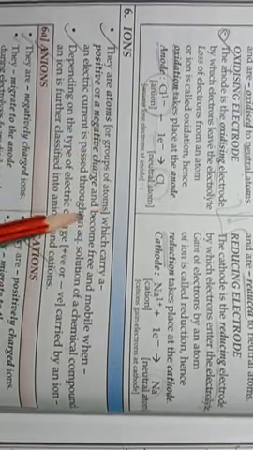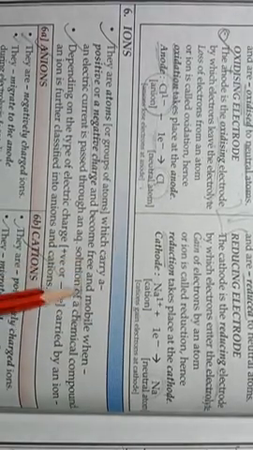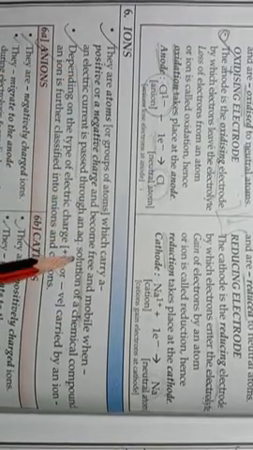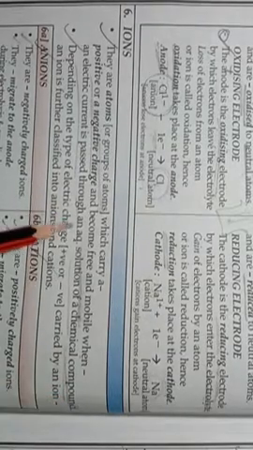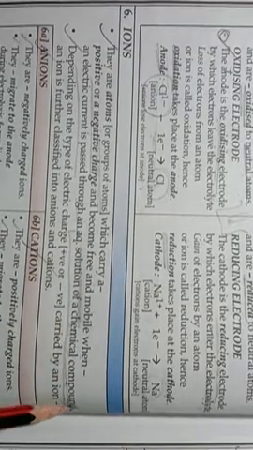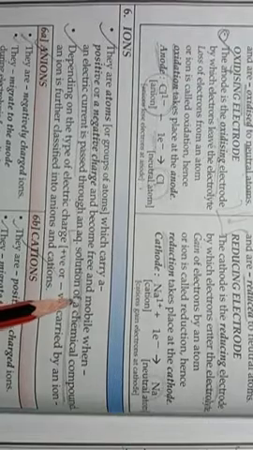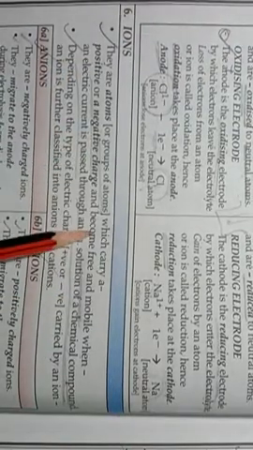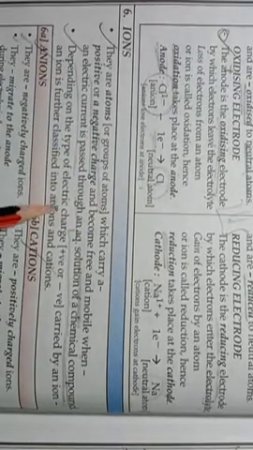Okay students, and they become mobile or free. They start moving when an electric current is passed through an aqueous solution of a chemical compound. Okay students, aqueous solution of a chemical compound means aqueous solution of electrolyte. So when we pass electric current through an aqueous solution of any electrolyte, the positive or negative ions become free or mobile. Depending on the type of electric charge